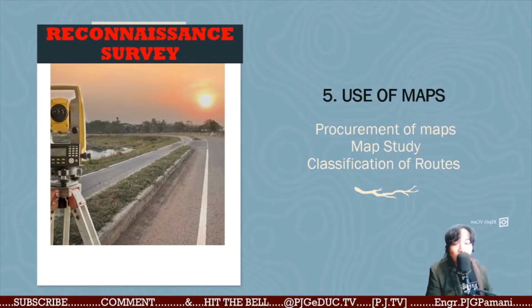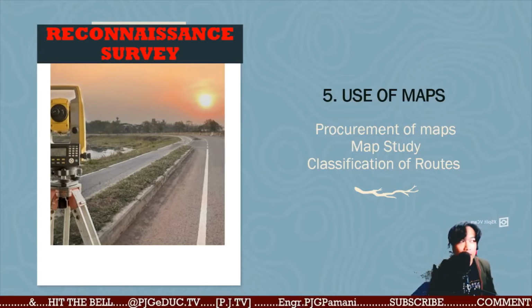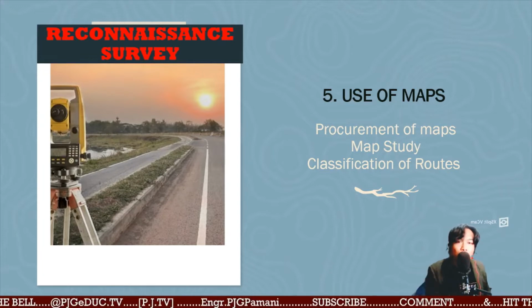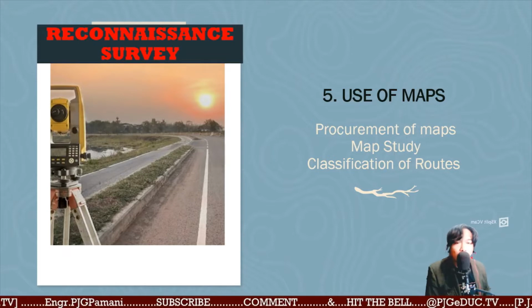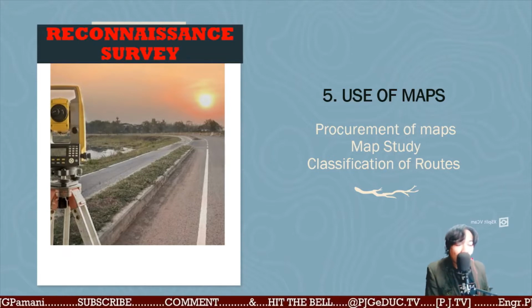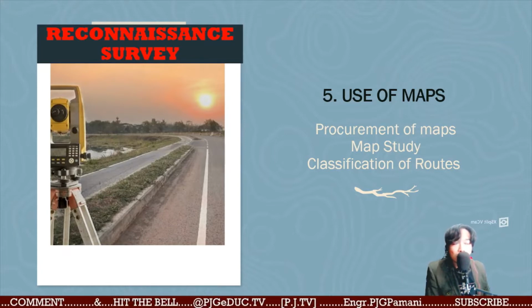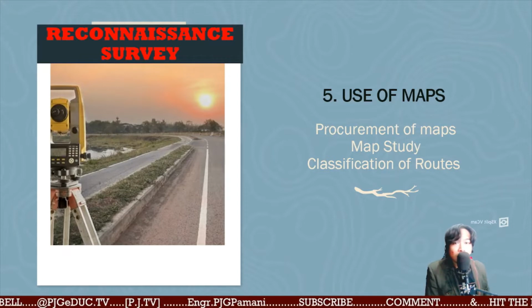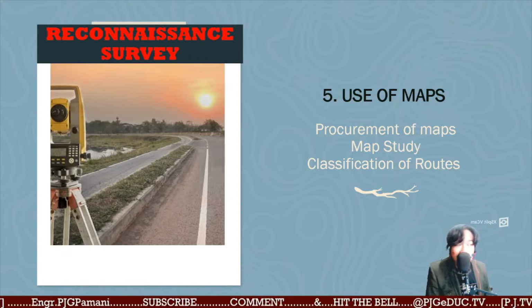Then the use of maps. Under the reconnaissance survey, very important din sa atin ang use of maps. Procurement of maps, map study, then classifications of routes. If you already have a map of a specific location, you'll be able to identify the section which is good for this particular type of road, with this number of lanes, and